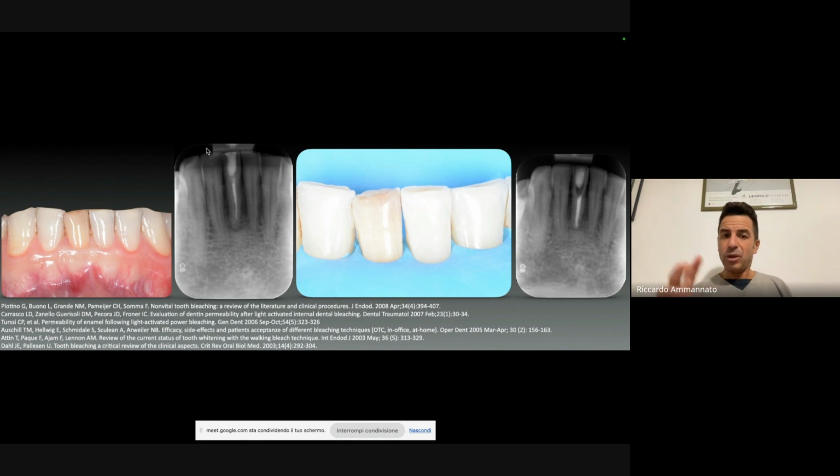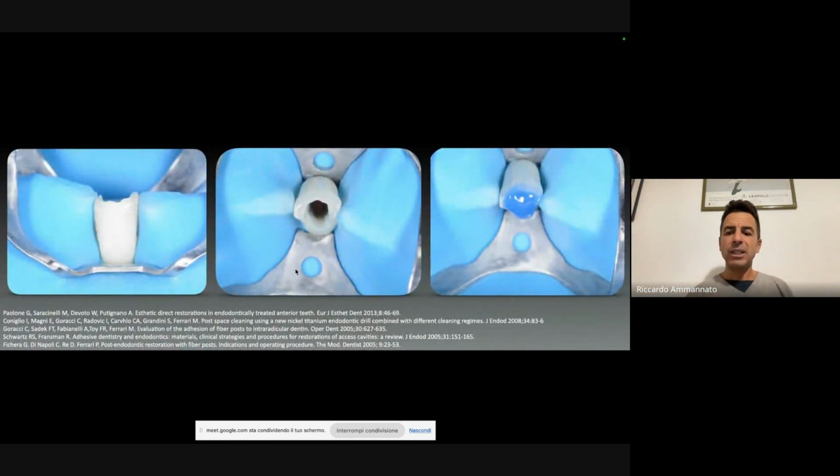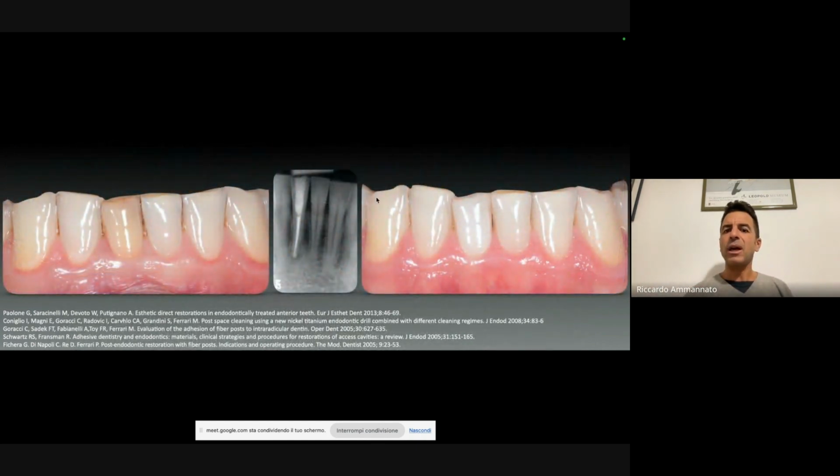Here, before doing all this, I had to do the root canal back again. This is the new root canal. Then I did a walk-in bleaching, home bleaching, and then I did a normal filling there. So this is before and after my bleaching and, let's say, the final filling of the root cavity.